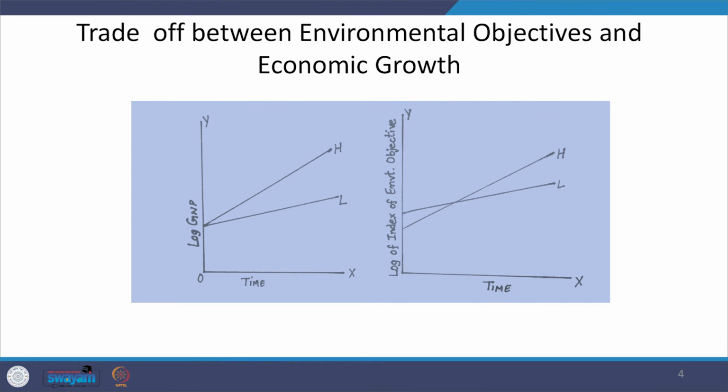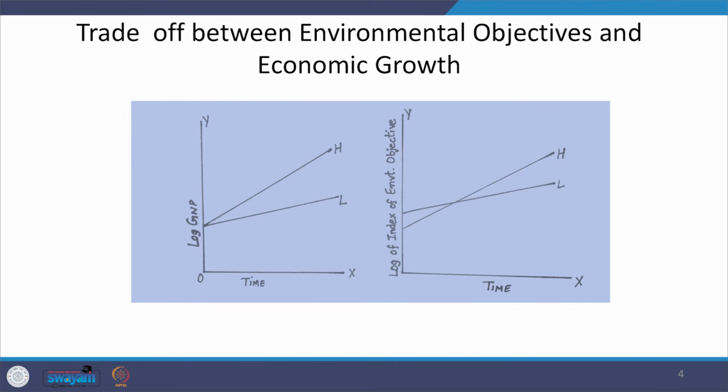Log is taken in order to smooth the data, and two growth paths are shown in the graph. One is high growth path and second is low growth path. So, a country can follow different kinds of strategies to achieve economic growth. One strategy may be a low growth path over a period of time